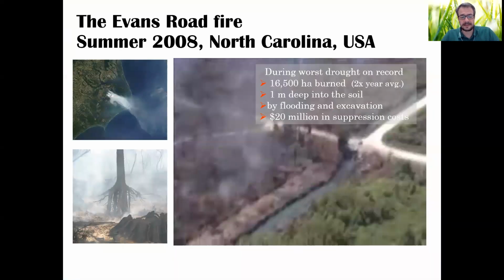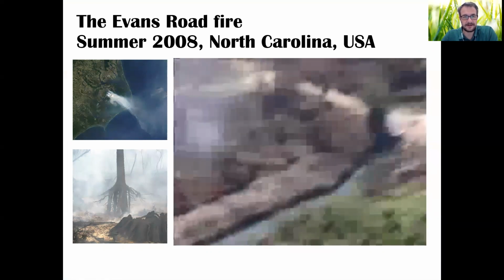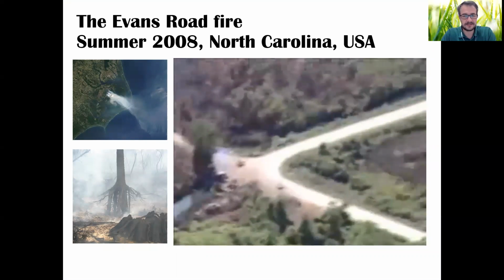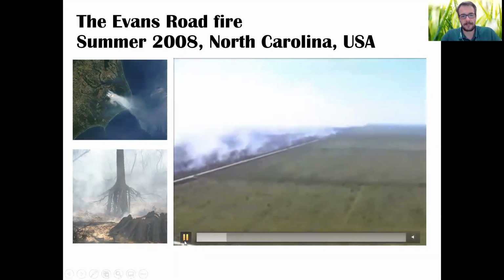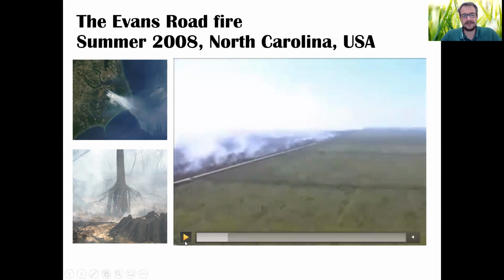This is not only a case of the faraway, beautiful lands of tropical Indonesia. This also happens much closer to home. Pretty much every country has smoldering fires. The question is which scientists went to study it and how well it is shared as a scientific case. This is a fire that happened in North Carolina. It remains the largest fire that North Carolina had ever encountered, in 2008. It's called the Evans Road fire.